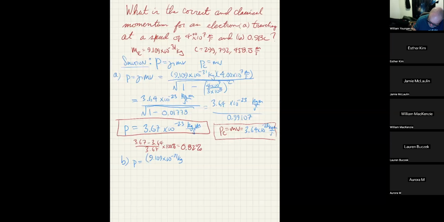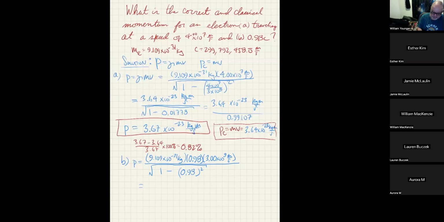Now, this time, they didn't give us an exact velocity. They gave it to us in terms of the speed of light. So I got to write that percentage, or that decimal, 0.98. And then I'm going to write 3.00 times 10 to the 8th meters per second. So if you notice, that numerator is again the classical momentum, but this is going to be 1 minus 0.98 quantity squared, like that. Okay, so again, because it's v over c, the 0.98 c over top of c makes the c's cancel out, and this will give me